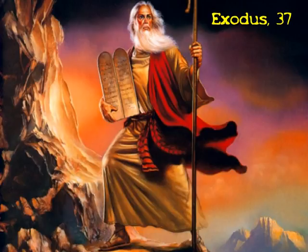And he made the table of shittim wood. 2 cubits was the length thereof, and 1 cubit the breadth thereof, and 1 cubit and a half the height thereof. And he overlaid it with pure gold, and made thereunto a crown of gold round about. Also he made thereunto a border of an handbreadth round about, and made a crown of gold for the border